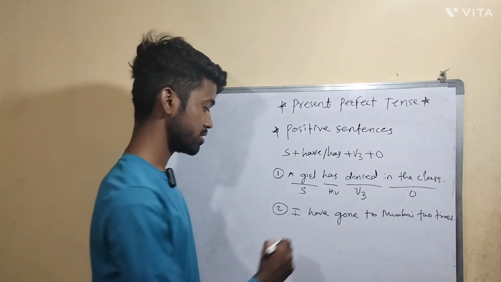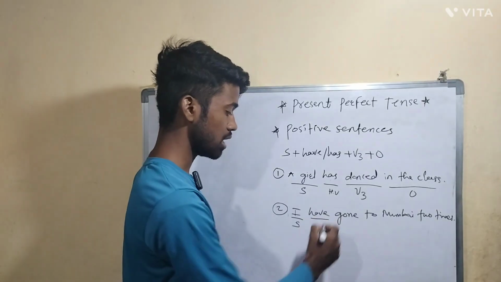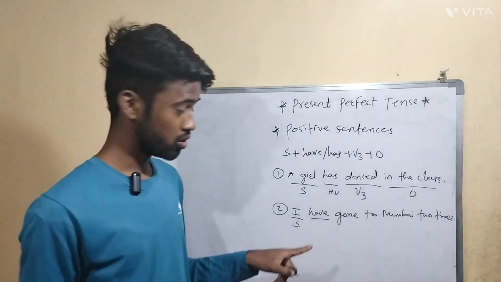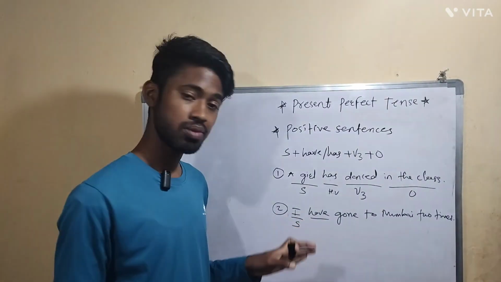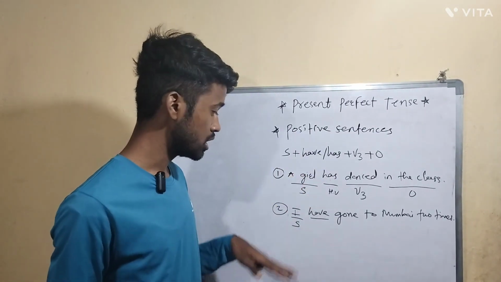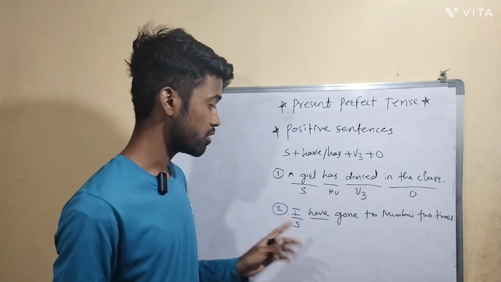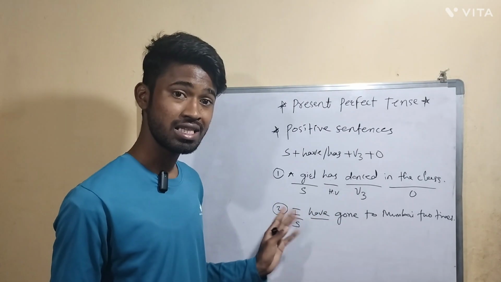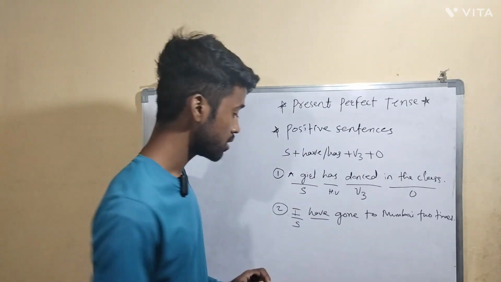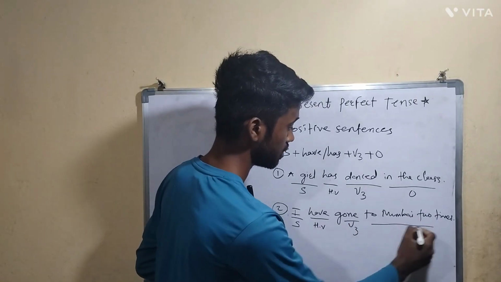So here what is the subject? This is the subject. Here the subject is singular. Still I used have as a helping verb. Why? This is the exception and you have to remember this. So don't make a mistake here. The majority of people make the mistake here. As I told you initially, has for singular, have for plural. So they think that I is singular, right? So for that they take has as a helping verb. But what you have to remember here is the exception: with I we always use have as a helping verb in present perfect tense. So this is the helping verb, the third form of verb, and the remaining part is the object.